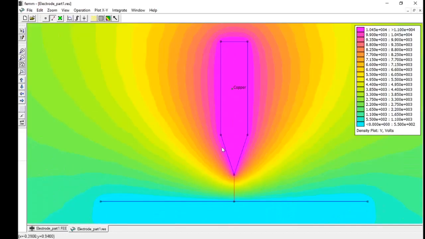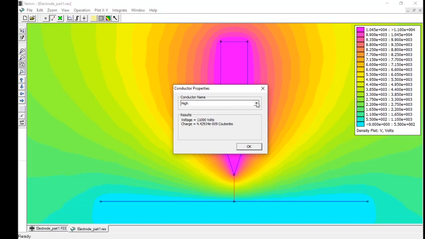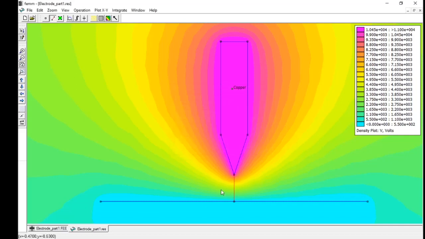Fine. In later problems, if you require to find the capacitance between parallel plates or different structures, you can directly click on this node, and then you need to choose what conductor you want. Since we are choosing this high conductor because we want to find capacitance between these two, you'll see at 11 kV you are storing this much charge. So appropriately you can calculate the capacitance, which is charge per unit voltage. This number divided by 11 kV will be the capacitance of this structure. Fine. So if I connect one lead here and one lead in this plane, we'll get that equivalent capacitance.